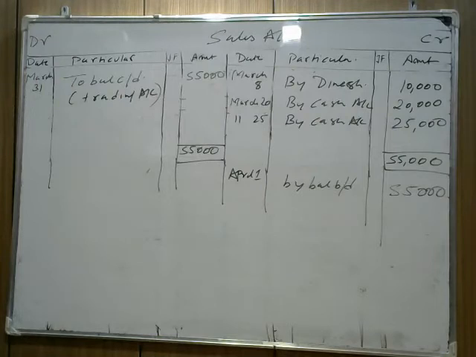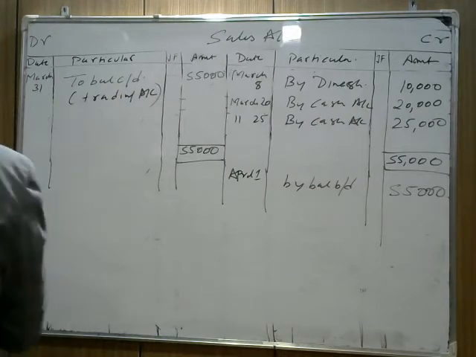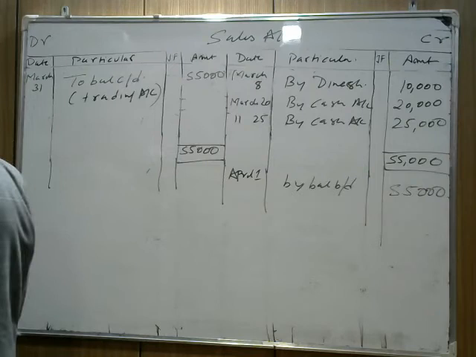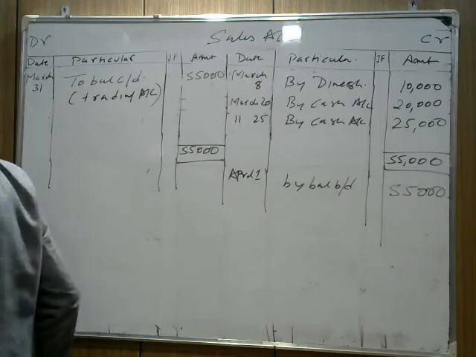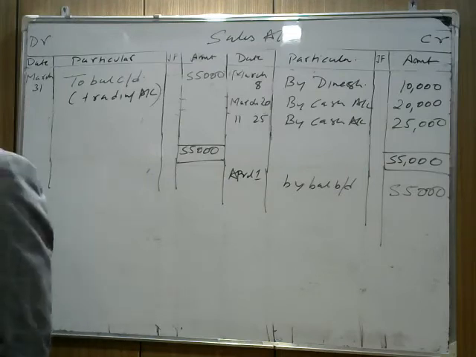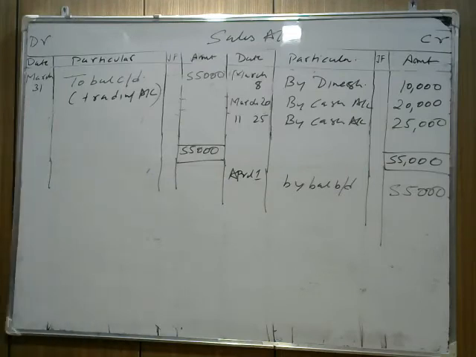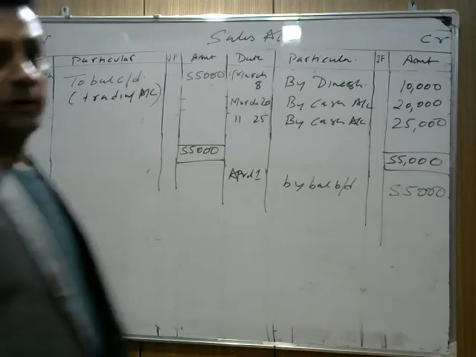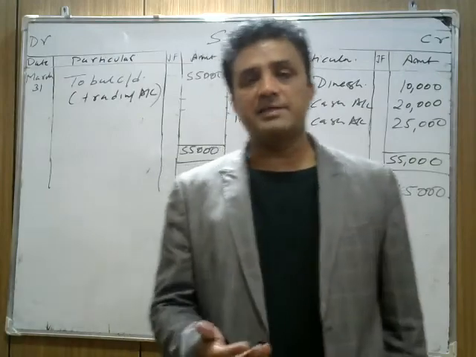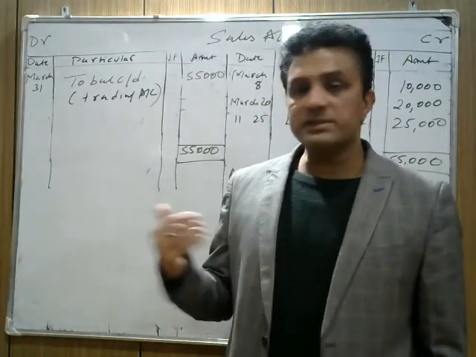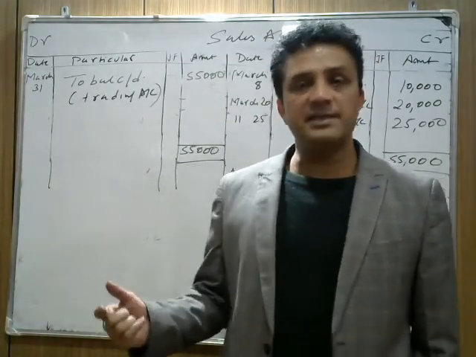I hope this part is clear to all of you. Next, there are different ledgers left. You need to prepare sales return account, Varun account, Gopal account, purchase return account, discount received account, drawing account, rent account, and commission received account. These are the accounts we need to prepare more. In case you know the ledgers, you can prepare them also. I will post the other ledgers shortly.